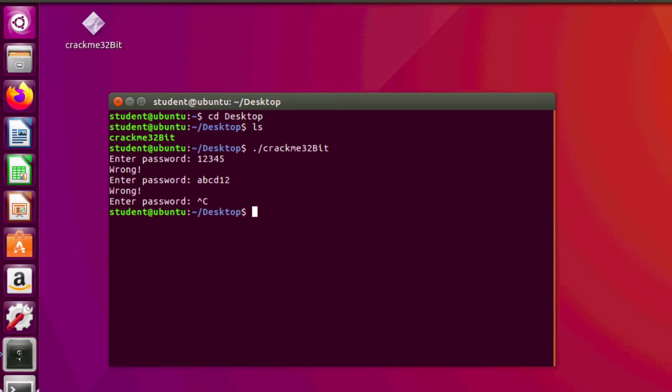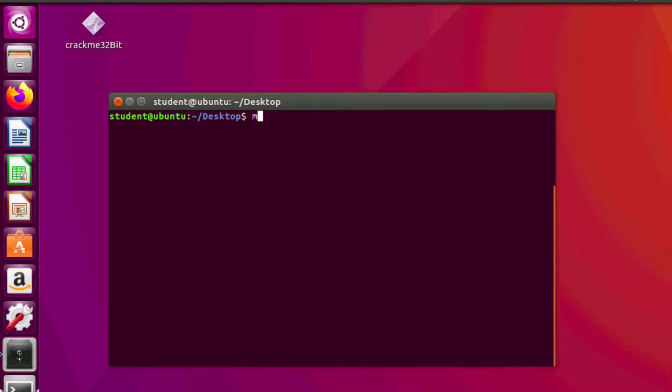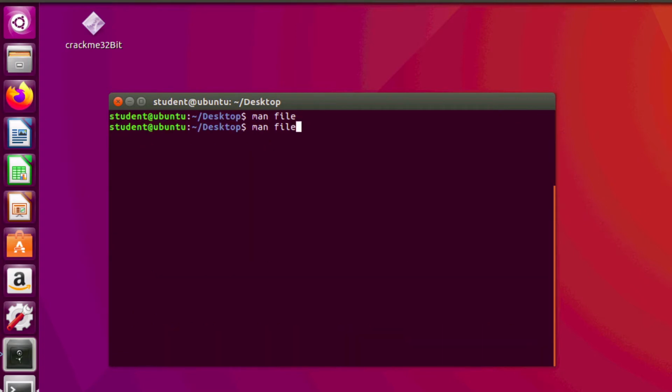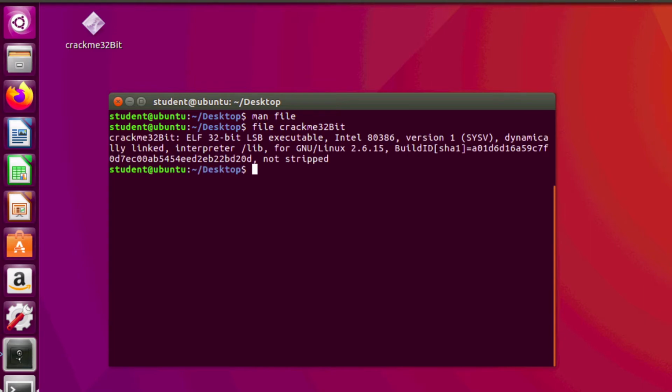now let's exit, clear the screen, and we will use the file command to check. If we check the manual with man file, it determines the file type. You can see here, this is the manual. We'll use file to determine the file type of that binary file. So now I'll determine the file type using the file command. File. So now it says it's a 32-bit ELF,